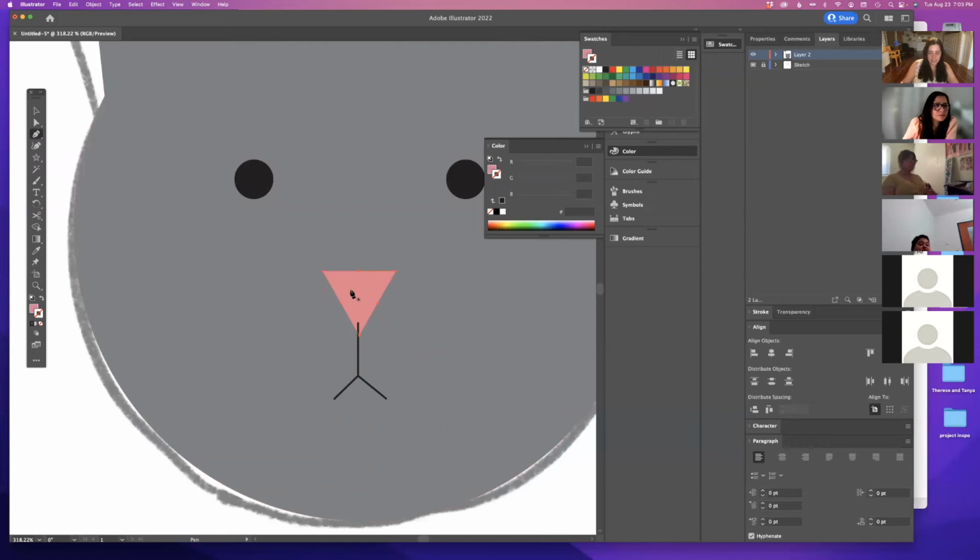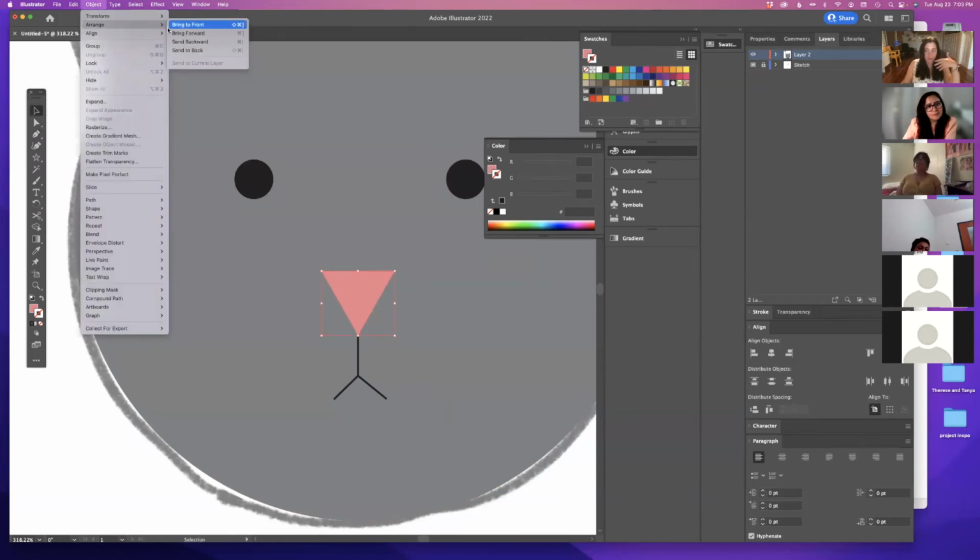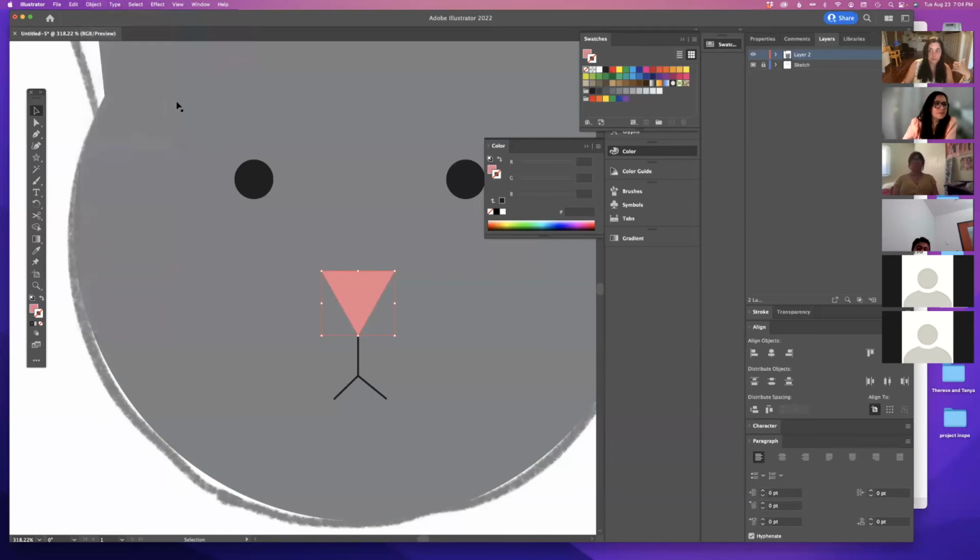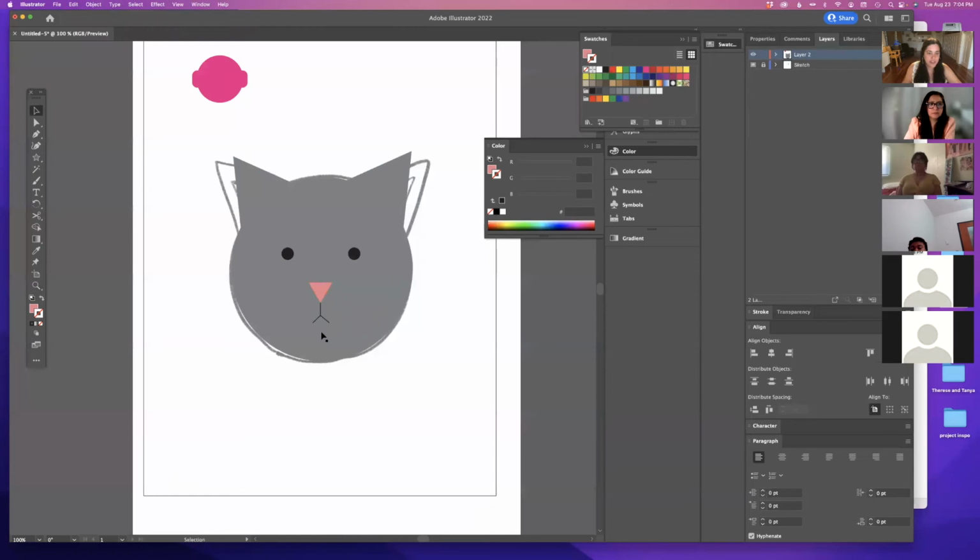And then I'm going to click on that nose, and I did that with a key command, but you can also click on something, object, arrange, and bring things forward and backward. You can also use as many layers as you want. So if you have a part of your design that is the detail, like the face, you can put that on a whole other layer, or you can use these arrows and lock and unlock things. So that's really just workflow and what you like to do. So I have this cute cat.